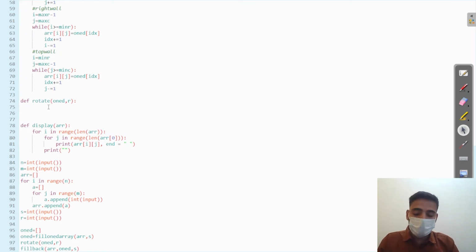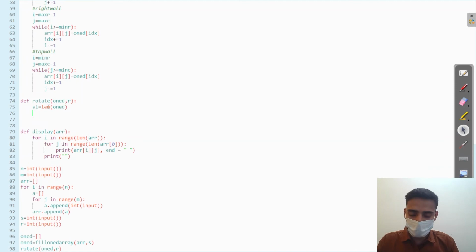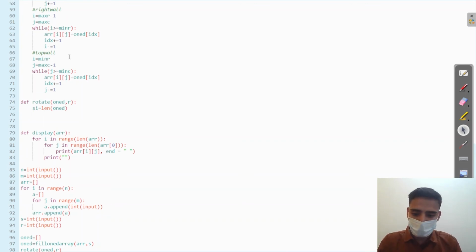So we are here. First of all, we need the size of the array. So size equals length of 1D. Okay, we have the size. Now what do we have to do? We have to check that the value of r is not greater than the size. So r equals r modulo size. We will take the remainder, as we have discussed previously,